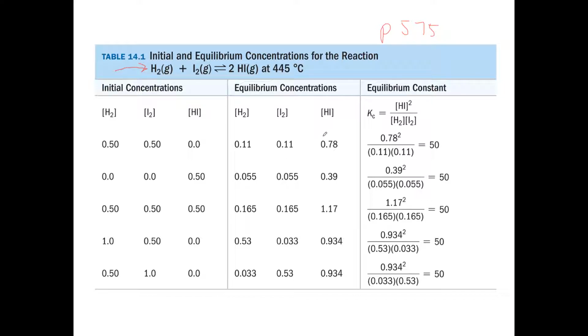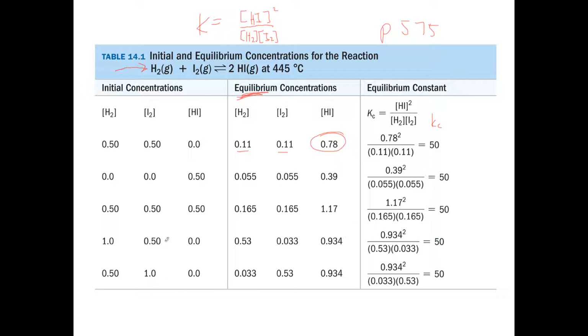Well, suppose I told you that the concentration of the product at equilibrium was 0.78, and that left 0.11 and 0.11 of these guys. Then the equilibrium constant Kc would be 0.78 squared, because the law of mass action says the equilibrium constant expression for this one is HI squared over the concentration of H2 times I2. I should be calling these by name: iodine, hydrogen, and hydroiodic acid. That's the expression here for Kc. So that's what we got, 0.78 squared